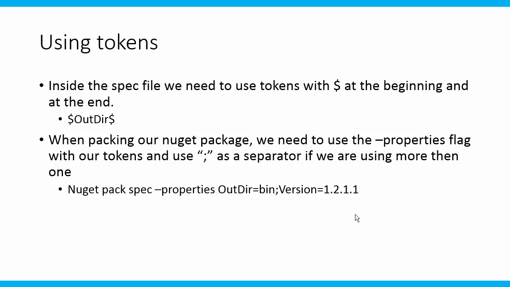NuGet supports using tokens with the $ sign at the front and at the end of your variable. So example here is outdir. And essentially what you do is, when you actually pack your package, you use the -properties flag and you pass in some values to NuGet so that it'll be interpreted inside of the nuspec. So example here would be outdir equals bin, and it would replace the outdir that I had in the original